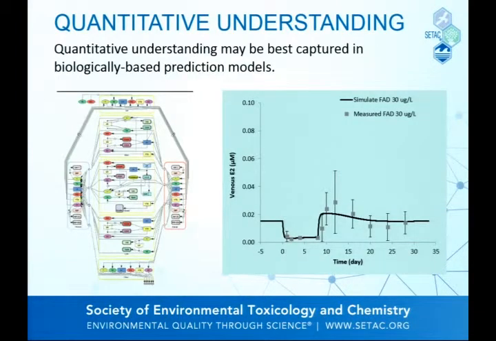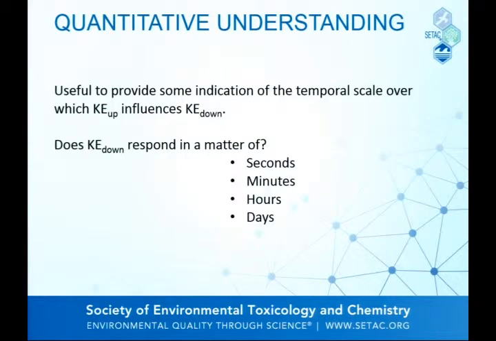And so that's essentially what we did. We built a model of the hypothalamic pituitary gonadal axis, some of the key feedback processes involved, maybe the time delays that are involved in those, and basically produced a model that could reproduce those effects, the direct effect of the chemical, the compensation response when you actually remove the stressor, those sorts of things. So those are the types of things we're talking about in terms of quantitative understanding of the key event relationships.